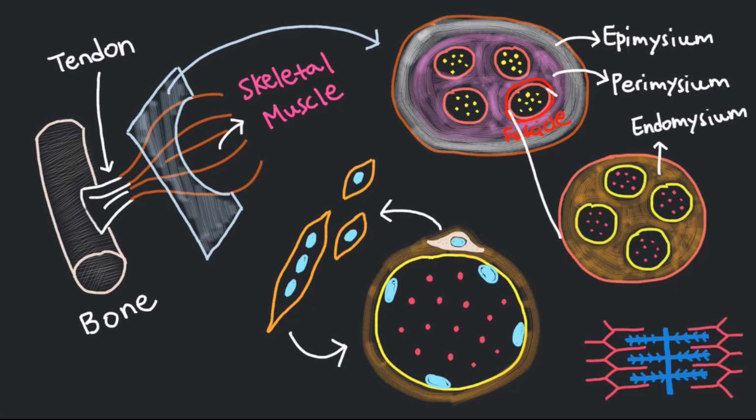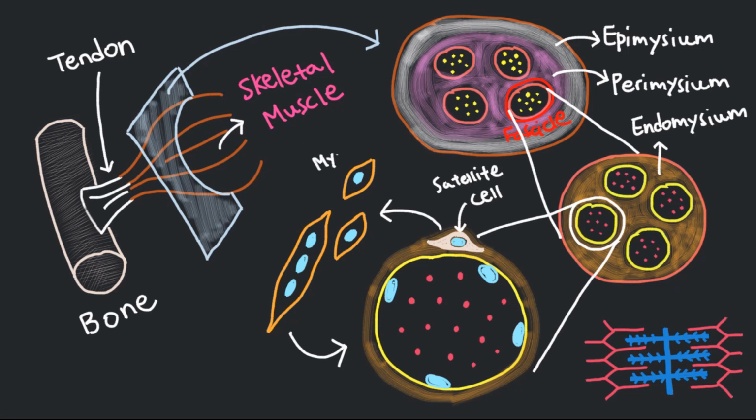Between the endomysium and the muscle fiber membrane, to be more exact, between the basal lamina and the muscle fiber membrane, exist satellite cells, which are the resident muscle stem cells critical for muscle regeneration. During development, the activated form of satellite cells, called myoblasts, fuse together to form mature skeletal muscle fibers. Importantly, satellite cells and muscle cells are very closely located to each other, but are different types of cells.